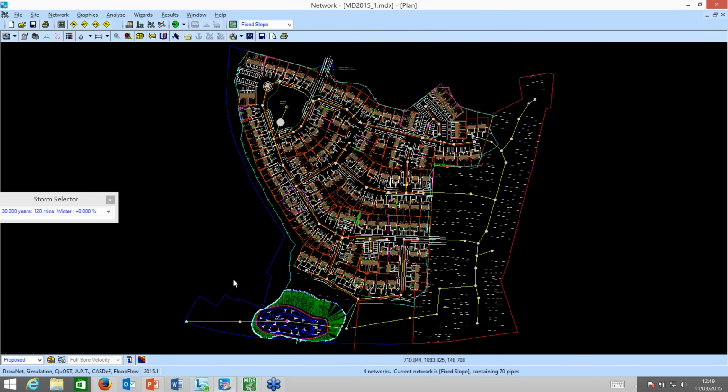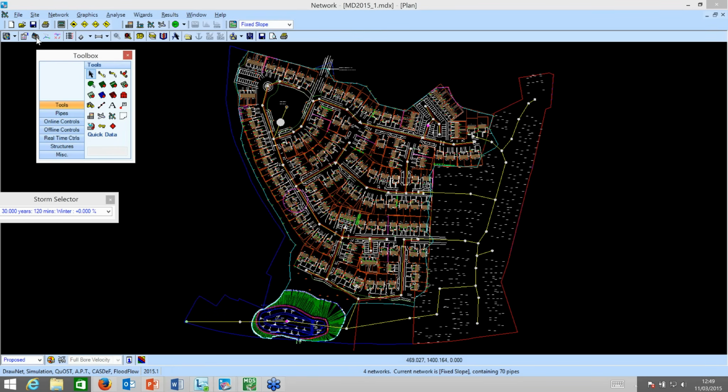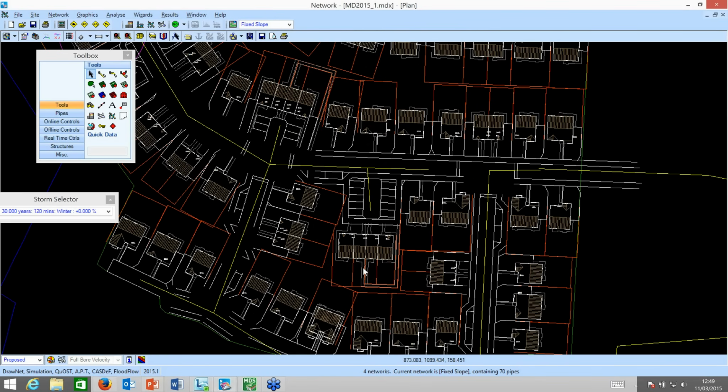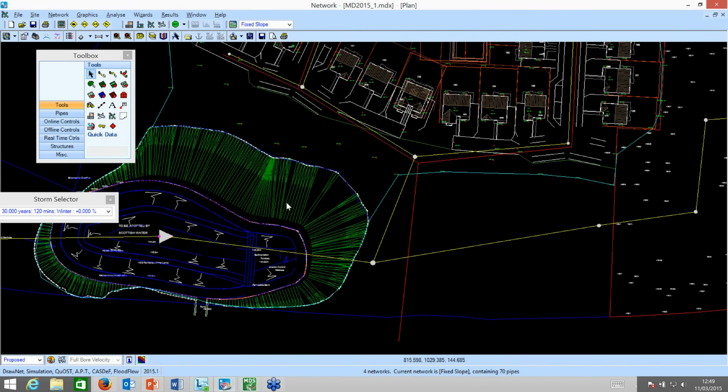Another really strong request that came in was to look at things like deep bore soakaways. So what we can do now is we can add in deep bore soakaways into our models. So when you're looking at simulation and source control, on the plan view, I could pull up a toolbox, and let me just zoom in to any of the manholes here and look at the structures,